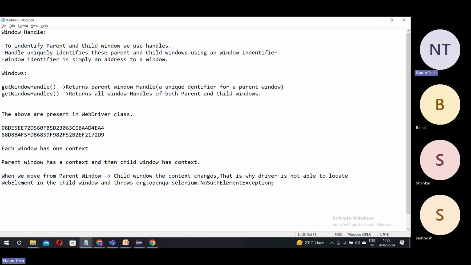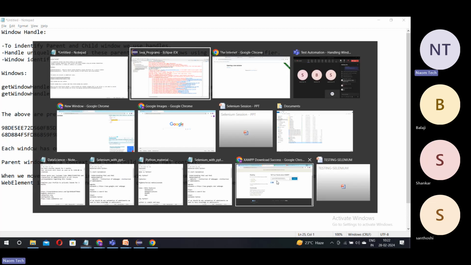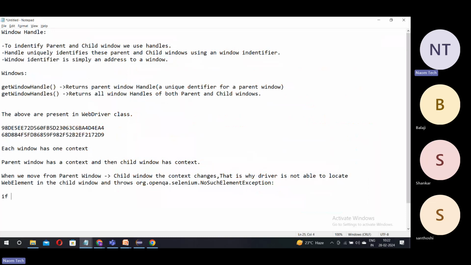Then the question from you is, all this is clear, we are pretty clear, Manoram, how do you do this? Could you please tell us? Very simple. If we don't want to lose track of this context, I'm adding here clearly: if we don't want to lose track of context,